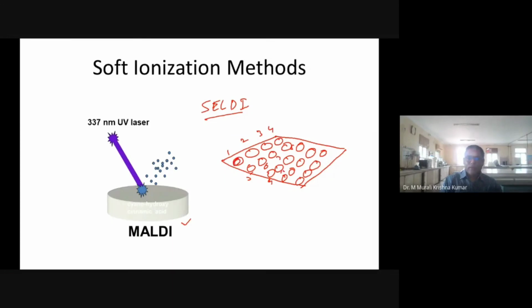Now you can apply one sample here, sample number 2 here, sample number 3 here, sample number 4 here. Means you simply prepare drug plus matrix, okay, and then a little bit of sample you keep it here, and then sample number 2 here, 3, 4, 5, 6, and then you load this into the mass spectrometer and give a program